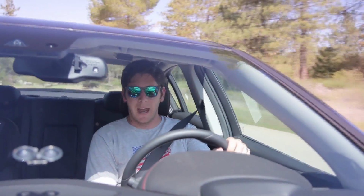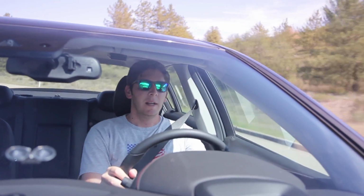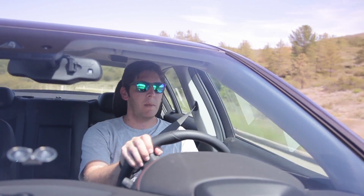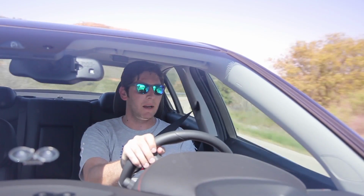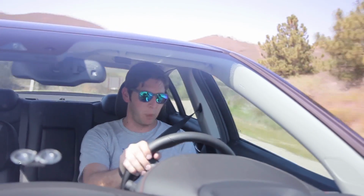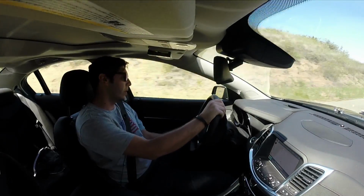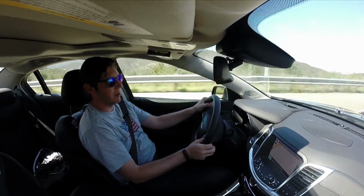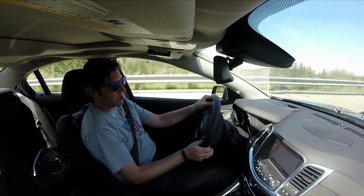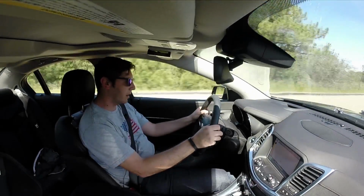So what's a better place to come test the Chevrolet SS than the Hooniverse Highway Hooning Grounds off of Ortega Highway? Since we're dealing with a rear-wheel drive car and a V8 engine, we want to go somewhere where there's twisty roads, and this is it. Slap this 6-speed gearbox into sport mode, and it'll work hard to keep you in the gear that you want to be in. Of course, there's paddles here behind the steering wheel, and they work all right. They're not lightning quick. They're adequate. They're actually better sorted for when you're rolling down the highway and you want to make a pass. You could just do that with torque by pushing your foot flat, or you can grab a gear, go down to third,